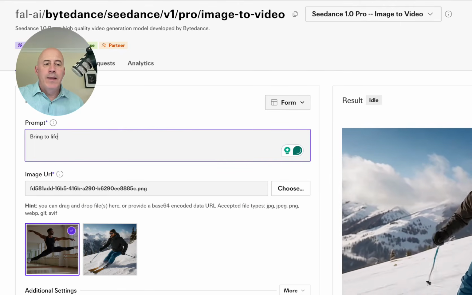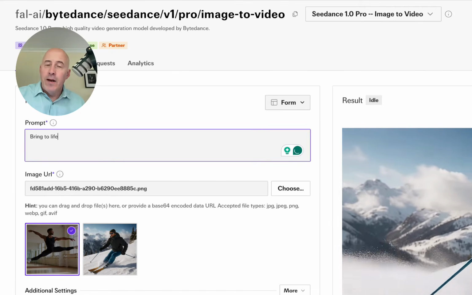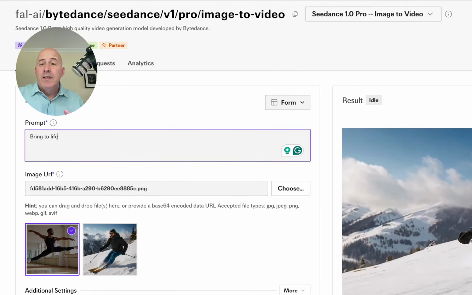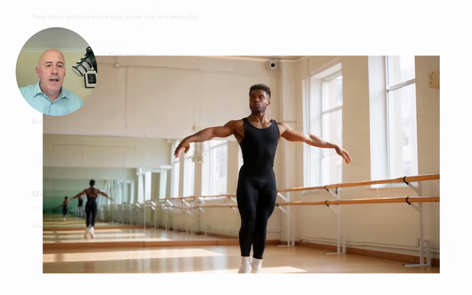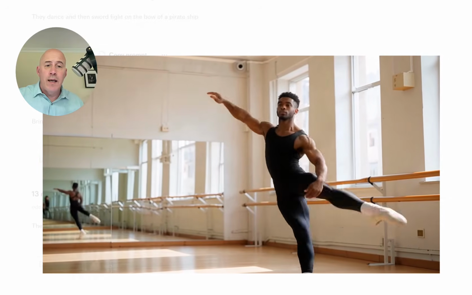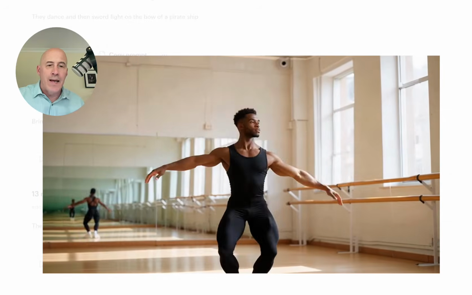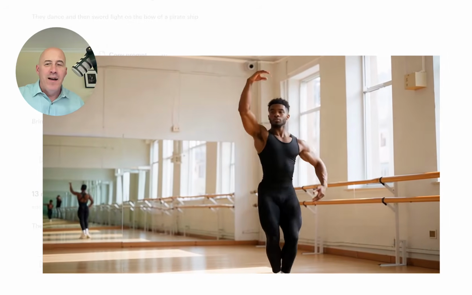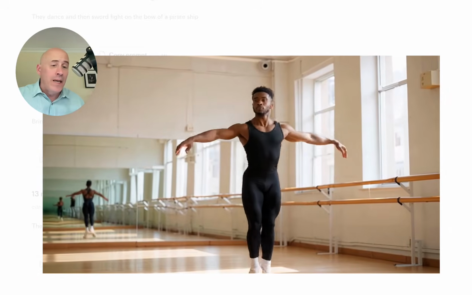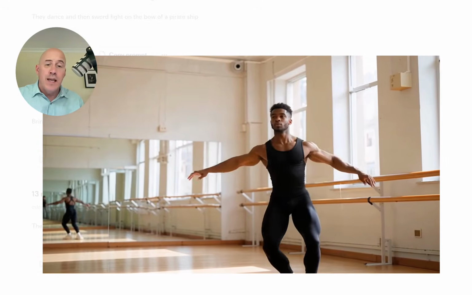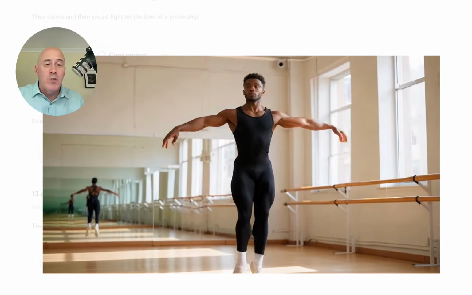Next, we'll bring the dancer to life. Very simple prompt to see what the AI does with it. Here's Seedance, and not bad, good start. And, oh, well, that was wrong. That can't happen very well, but oh, wow. Yeah, that's got to hurt. But again, there are no specific instructions. The AI is just making it up as it goes along.